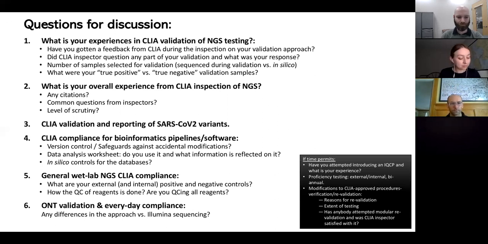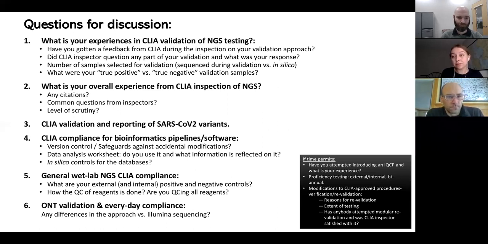For each bioinformatic analysis run, we randomly grab one positive control and one negative control and push them together with the specimen to be analyzed through the bioinformatic analysis, and see if the results match our initial validation. If it matches, we're good to go. That's our experience, and our CLIA inspector seems to be quite pleased with this practice.